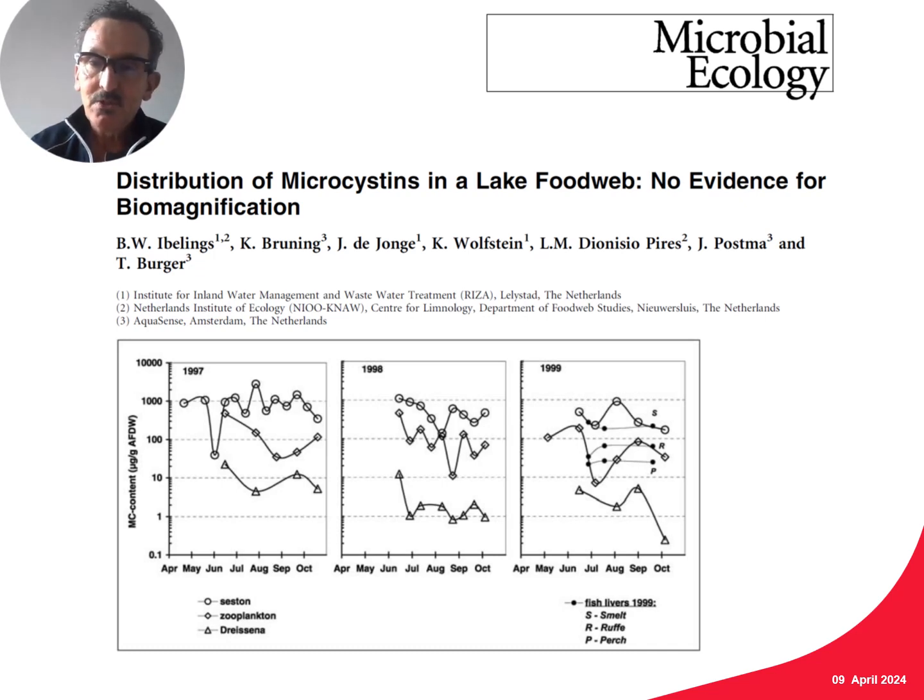And since the fish don't eat phytoplankton directly, the toxins must have reached them via the food web, and for that reason it's important to note that there's no evidence for biomagnification where they would increase with every step in the trophic structure.